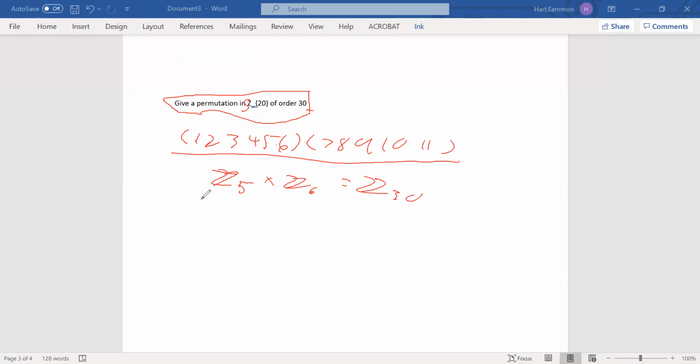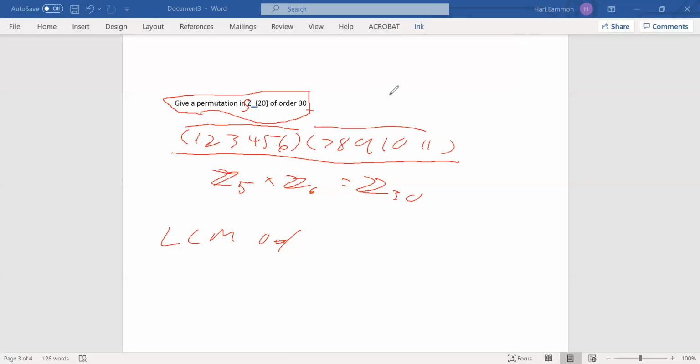Yeah, a 10 cycle and a 3 cycle also works. So basically, a 15 cycle and a 2 cycle also works. So the core of what we need is the least common multiple of our disjoint cycles. It doesn't actually even need to be that they're relatively prime. So if we were to do,